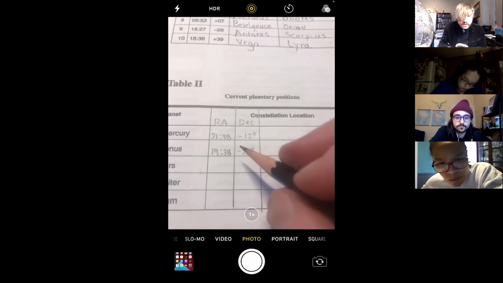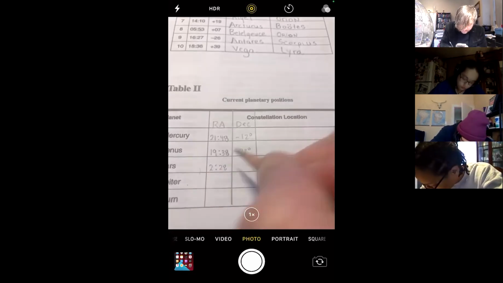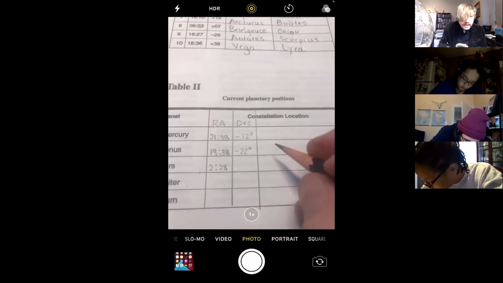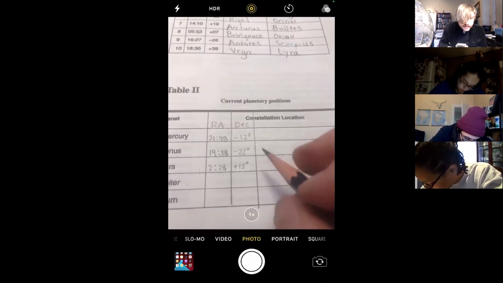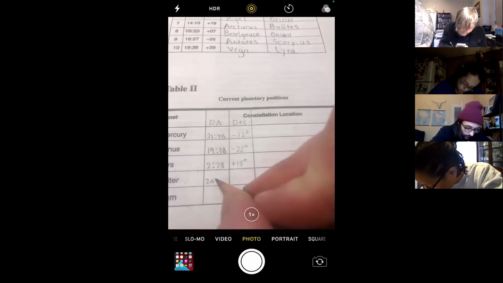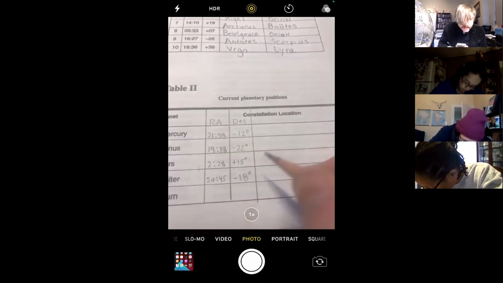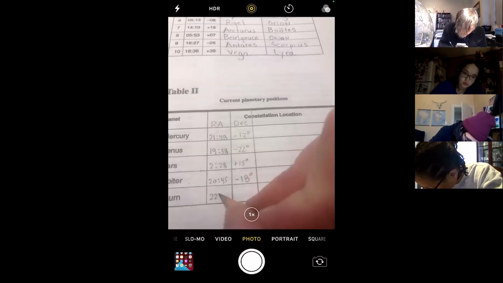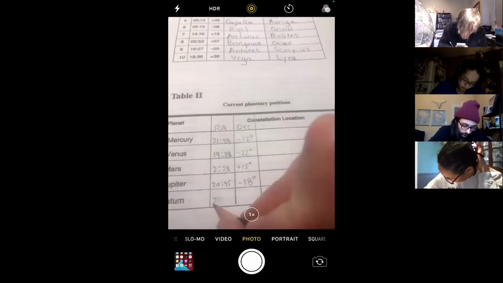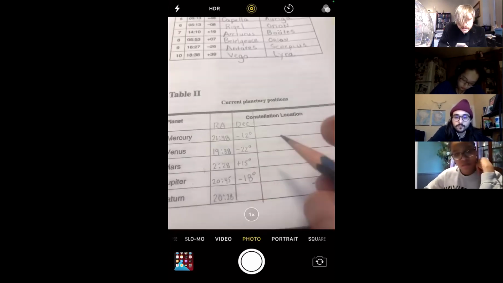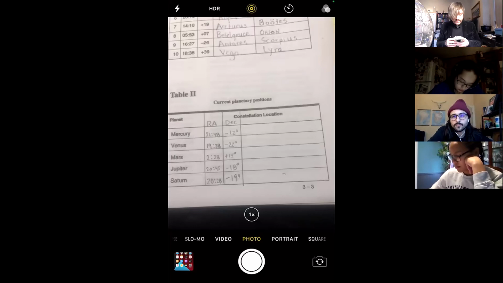Mars is 2 hours and 28 minutes, and +15 degrees. Jupiter is 2045 and -18 degrees. Saturn is 2028. Oops, that's 2028. And -19 degrees. All right, let's see if we can find which constellation each of these naked-eye planets are in